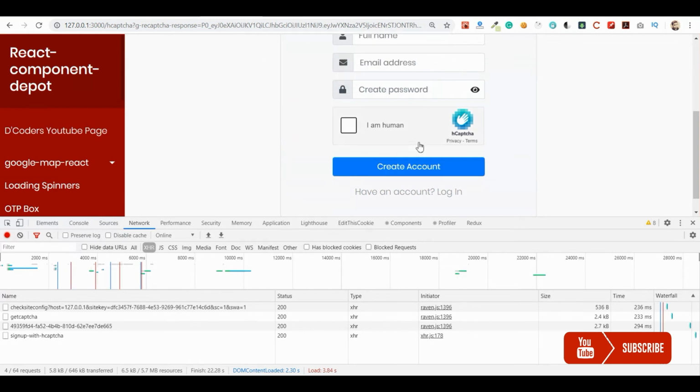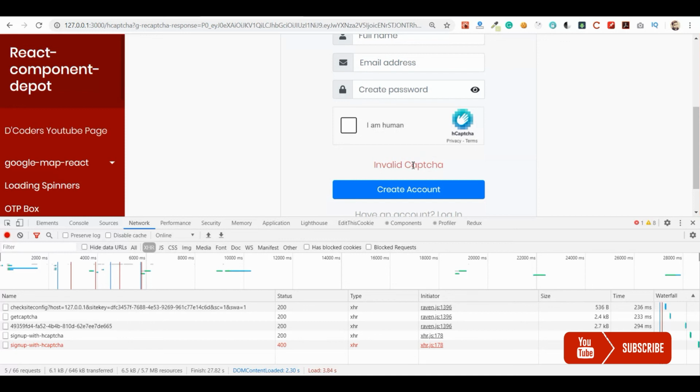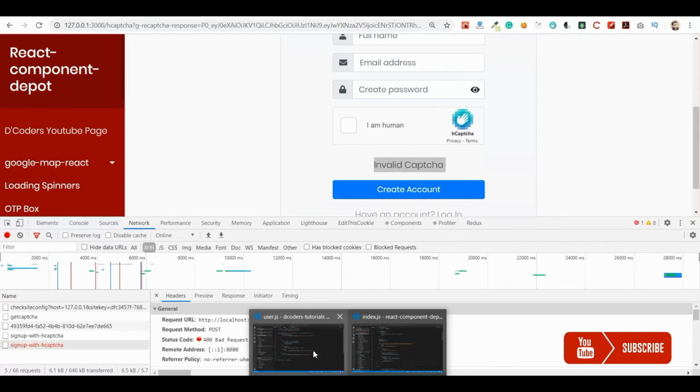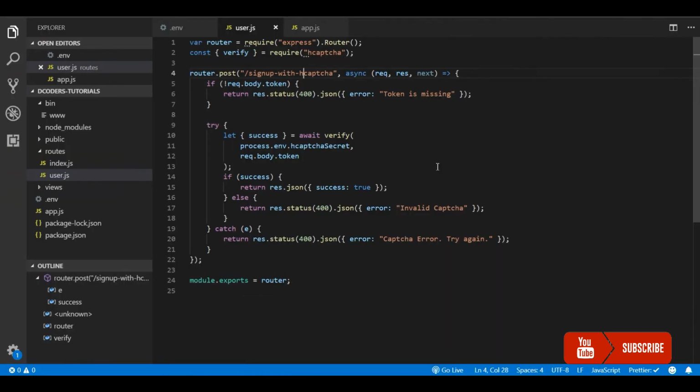I'm going to click and send the same token again. This time I'm getting invalid captcha, because the HCaptcha server is returning some error in the backend. If you want, you can log this error and see what exactly went wrong. There will be an error reason in that.